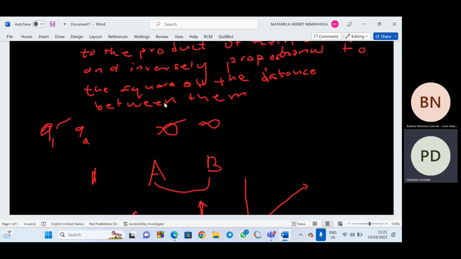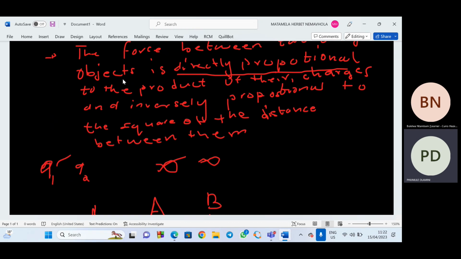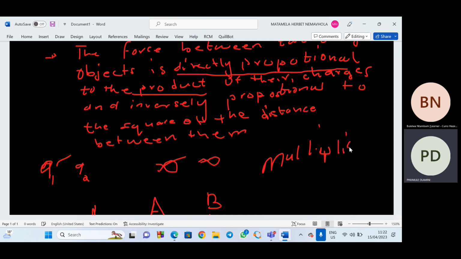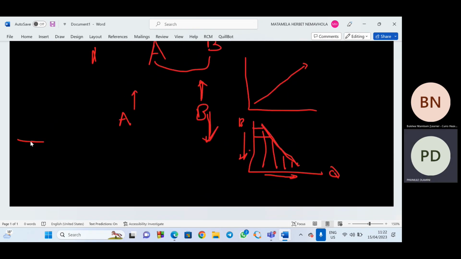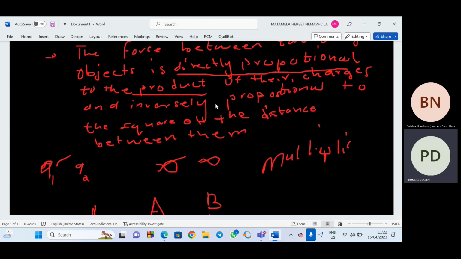So when we say direct proportional, and then for inverse, here it says also the product of their charges. The word product means that those two things are going to be multiplied. It means multiplication. So Coulomb's law is talking about a force that is directly proportional to the product of Q1 and Q2. Then after that, the definition says